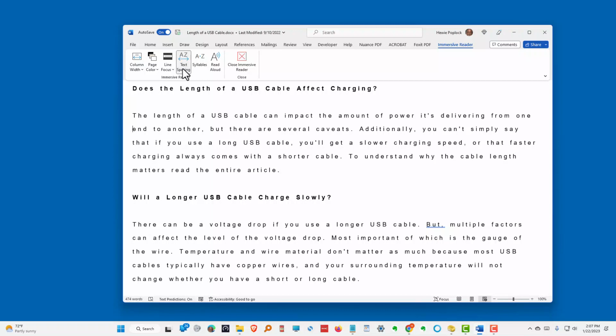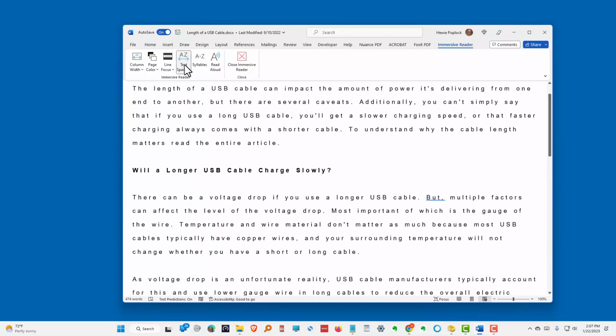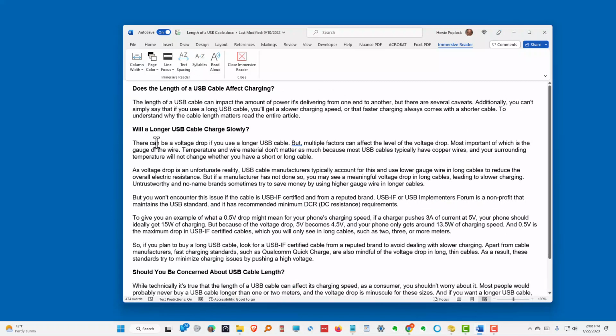Then you have text spacing. That is an on or off in the computer version. You can also divide it into syllables. You'll see a dot between each. And then the other thing you can do is you can put your cursor wherever you want and tell it